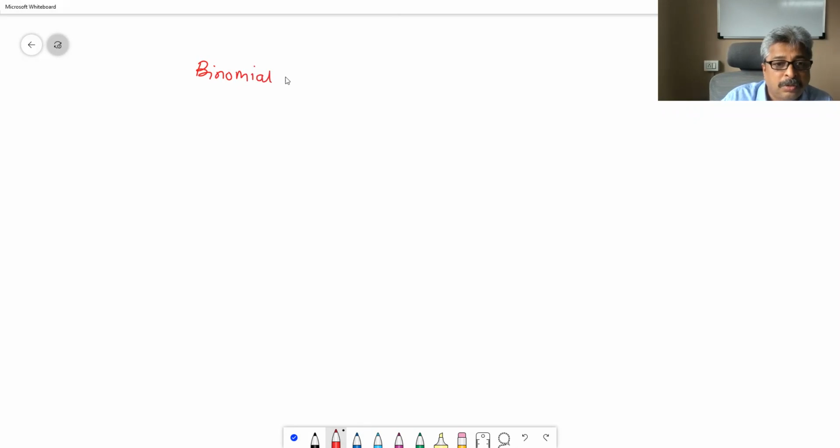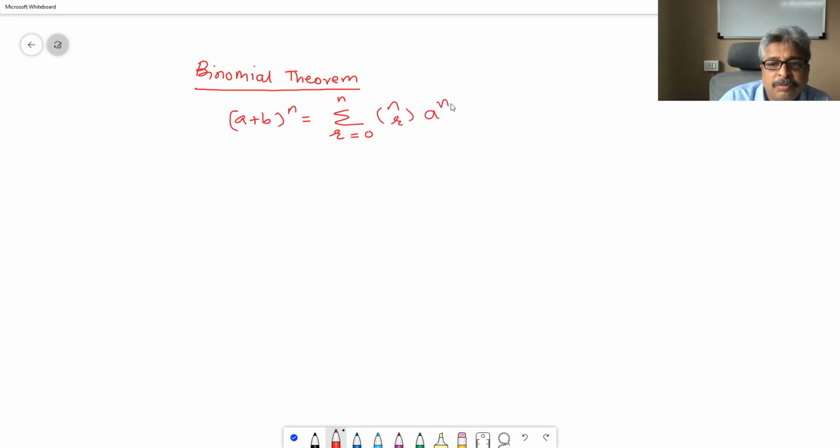So what is it? (a + b) raised to n is equal to sigma r goes from 0 to n, n choose r, into a raised to n minus r into b raised to r. Okay, so this is the standard statement of binomial theorem, then let us check (a + b)